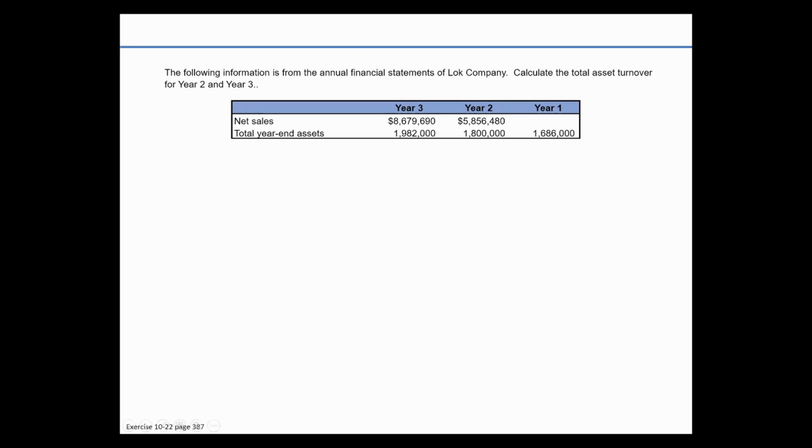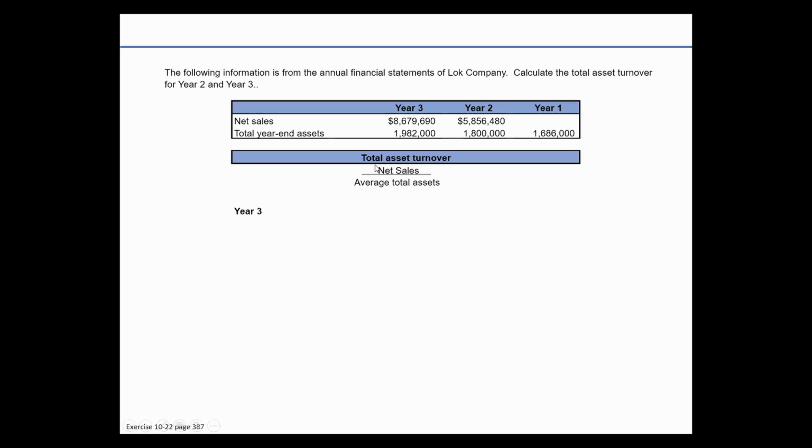Determining effective asset use. So the following information is from the annual financial statements of Locke Company. Calculate the total asset turnover for years 2 and 3. So again, remember that the net asset turnover is net sales divided by the average total assets. So in year 3, it'd be 5,856,480 because that's the net sales in year 3. And then